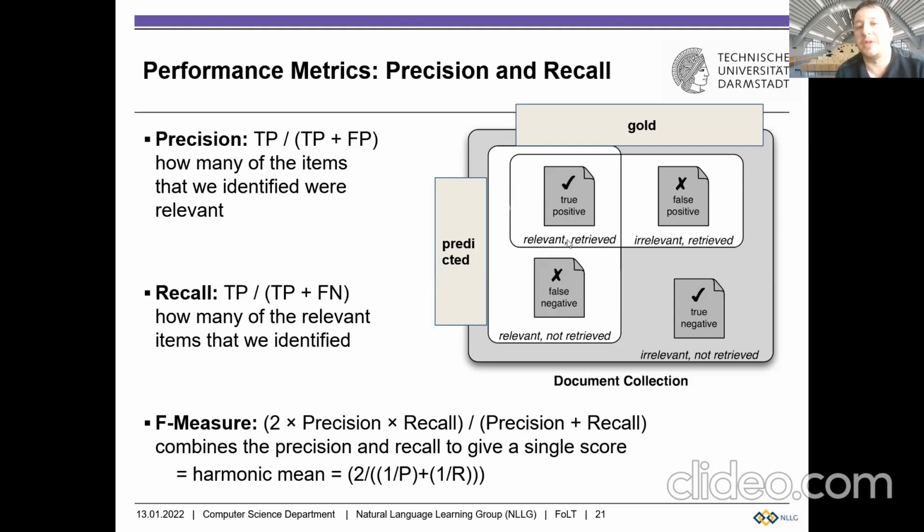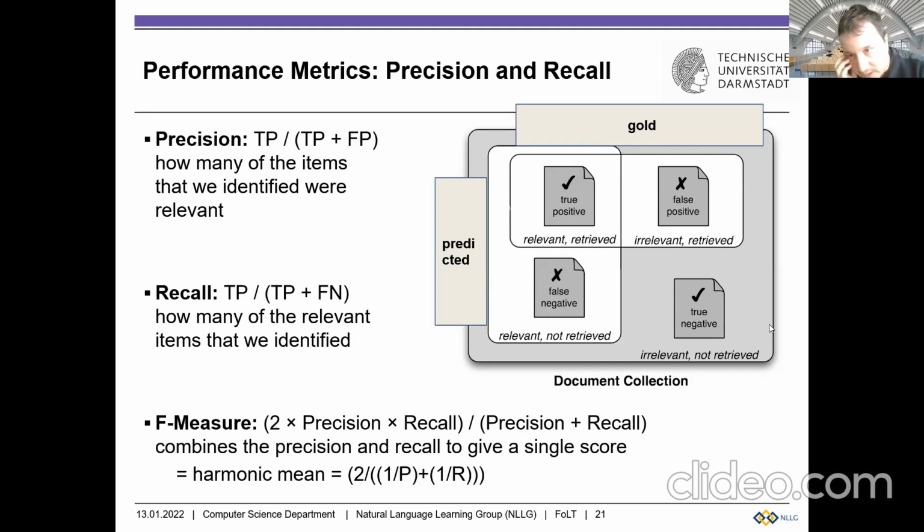In the case where the document is retrieved, so the prediction is 1, but it's irrelevant, that is a false positive. Then we have the false negatives, where the element is not retrieved but it's actually relevant. And we have the true negative, that's also a good case, where the document is predicted to be not relevant, predicted to be 0. So it's not retrieved, and it's also irrelevant, the gold label is also 0.